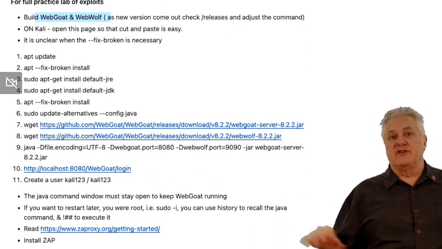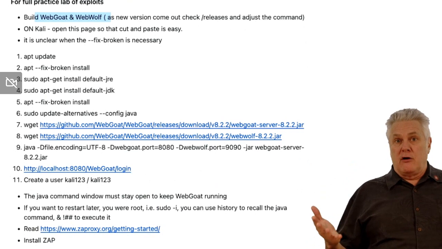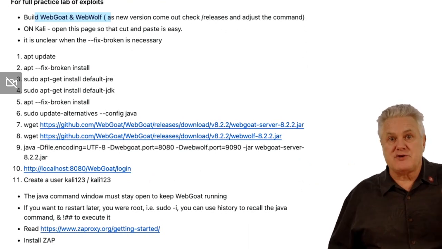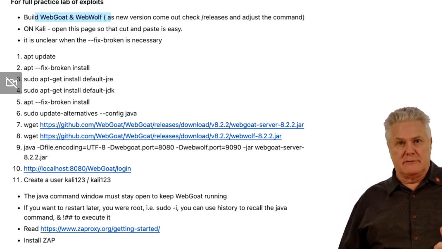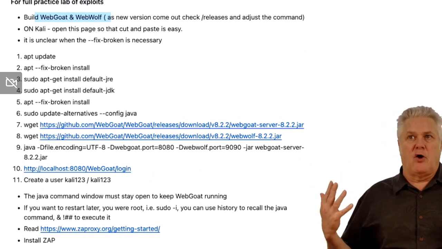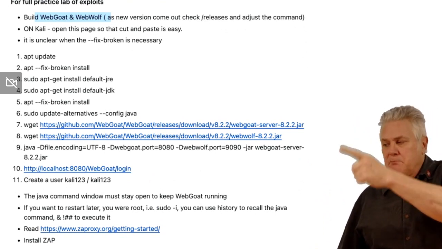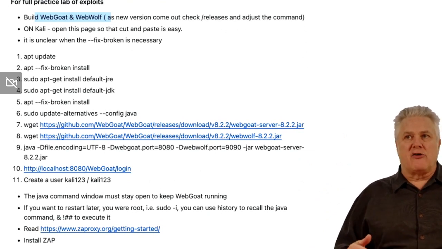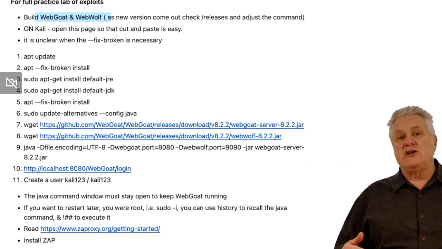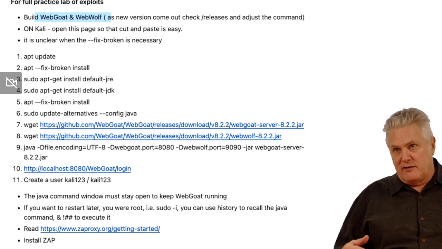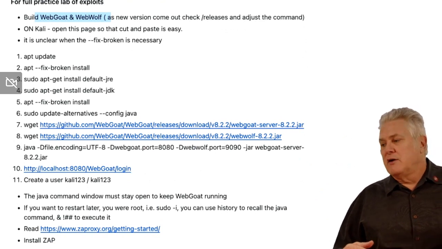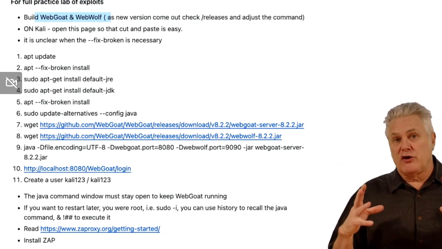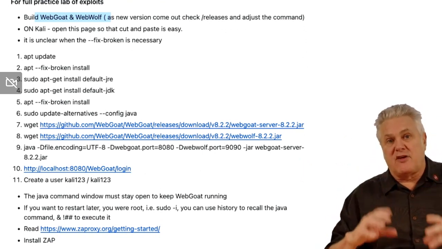If you're using the old build, if you built up your Kali lab before this week, anytime before Monday, and you used the old process, there were some problems getting WebGoat to run. It just barfed and hiccuped a whole bunch of times. So what I did was I bulletproofed that process here for that instance of Kali. I don't know if the default JRE and the default JDK for the 2024 instance of Kali have been fixed. But if you start running into problems, come and look at this 11-step process that's here,